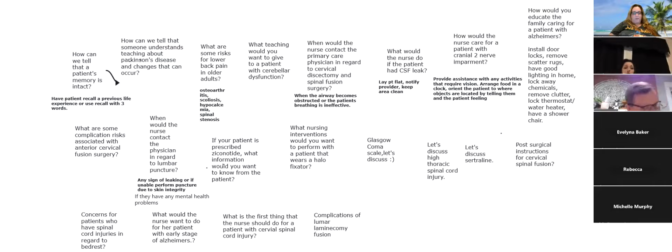Should they wear a med alert bracelet? Should they drink alcohol while they're taking their meds? No. Should they talk to their doctor about any of the over-the-counter meds? Yep, because they can all interact, right? All right, so